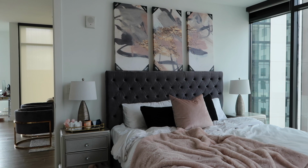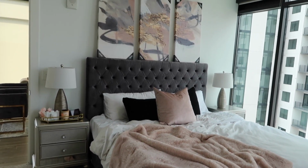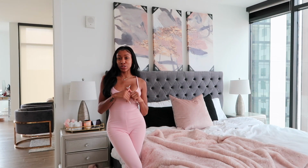When it comes to my bedding and just this whole setup, I'm wondering, do I want to paint this wall a cream color and then get cream bedding with the light pink? Of course at this point it'd be tweaks. And then the nightstands. Do I like the nightstands with this piece? So I know this room is carpeted, but definitely could get a rug in here as well. So let me know in the comment section, what are your initial thoughts on this painting in the room